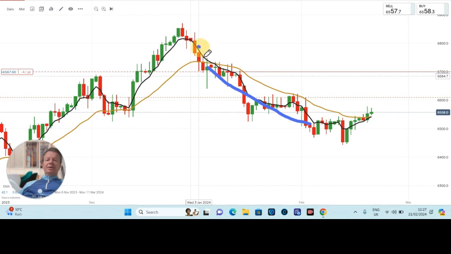So my stop was here, and as it started to go into profit, I moved my stop to break even. So it started to come down to about here. Stop would be moving to break even as I get weeks away. And then now you can see there's a dotted line here. I now have moved that break even stop to there. Okay, and this is approximately in line